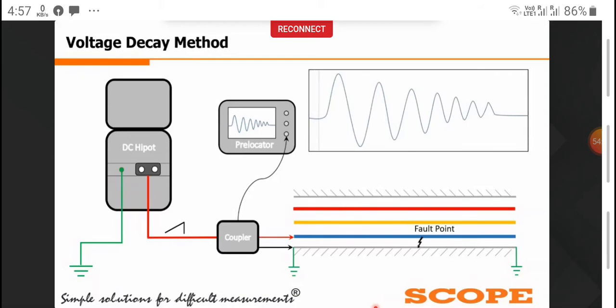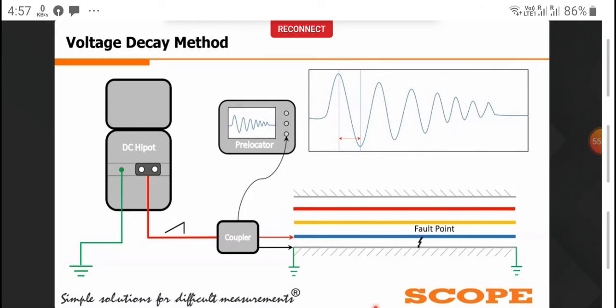So in the graph you can see that there is a positive reflection and a negative reflection. By placing the cursor between successive positive and negative reflections, we can calculate the fault distance. This voltage decay method is mainly used whenever there is a limitation of the surge generator for breaking the fault distance. In this method, we are taking advantage of the capacitive behavior of the cable,